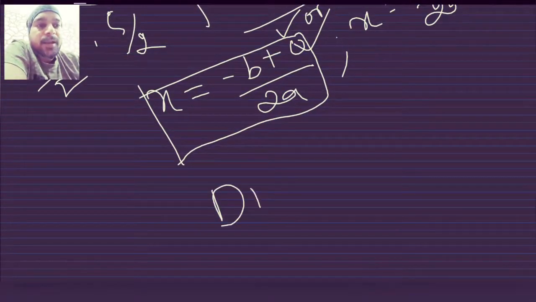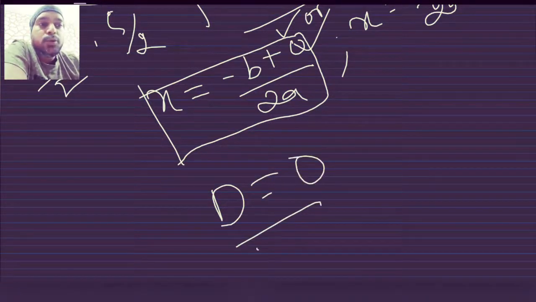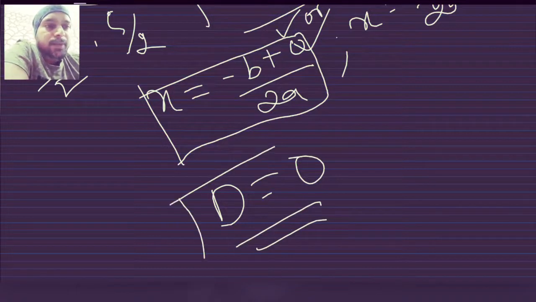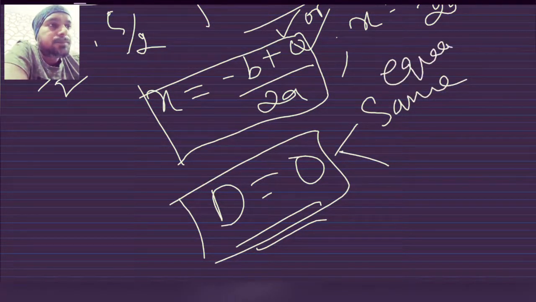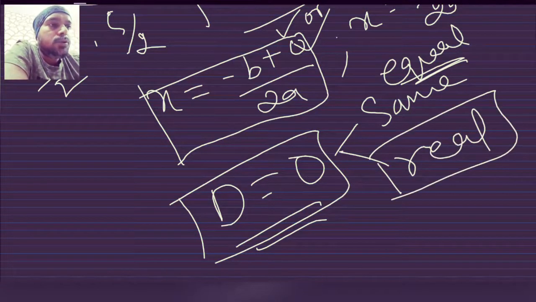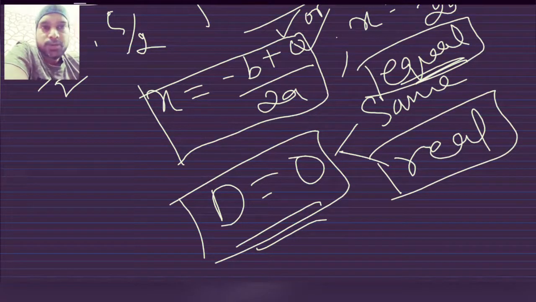So when the discriminant is equal to 0, in this condition the roots will be the same, or you can say they will be equal, and obviously they are going to be real, because here also you are going to get some number that will be representable on the number line. Alright, so the roots are going to be equal and real. Is it clear? So the roots are going to be real and equal when the discriminant is equal to 0.